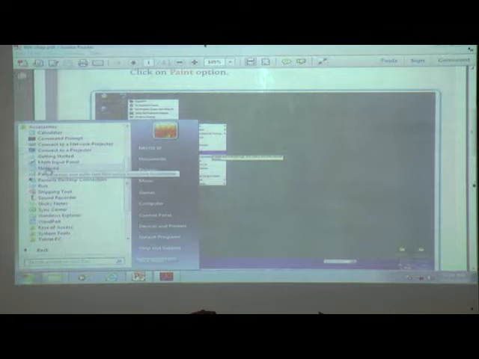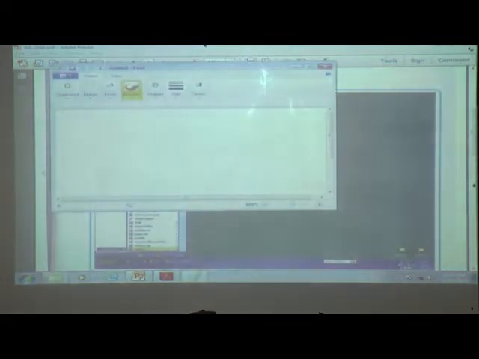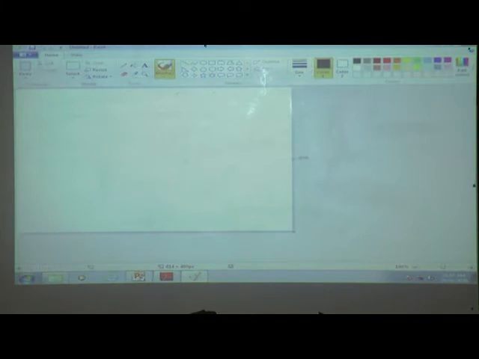Now if you want to open notepad, then click on notepad. Otherwise, now what we want is paint. Then click on paint. Then we will get this window. It is the paint window. It is the same as our drawing book, just a blank page. Right? Same like our drawing notebook.